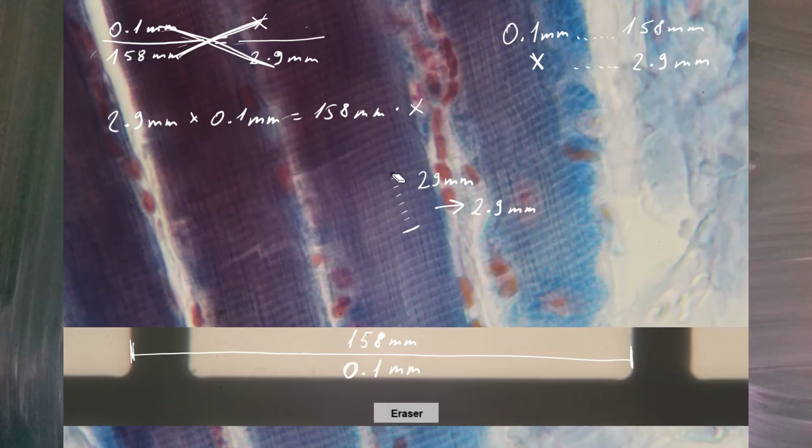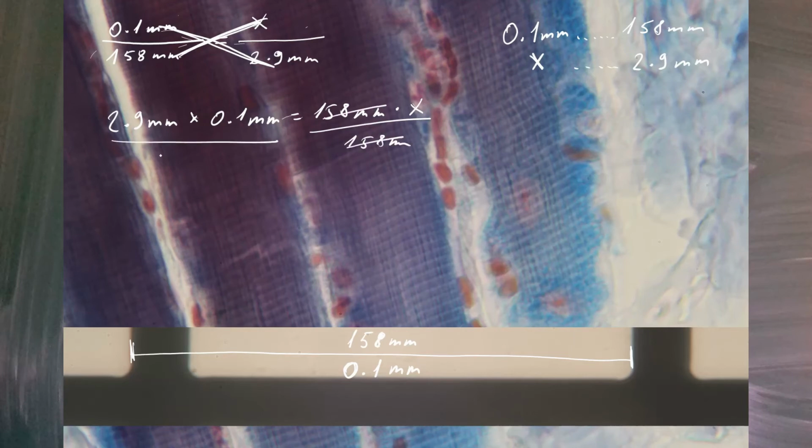I'm going to again erase this here. Okay. So what you can do now is the following. You simply divide each one here by 158 millimeters, and this cancels out. Of course, you also have to divide this by 158 millimeters. Look what happens. Millimeter cancels out here and here. We've got this millimeter over here left over. And when you type it into the calculator, what I will get for X is approximately